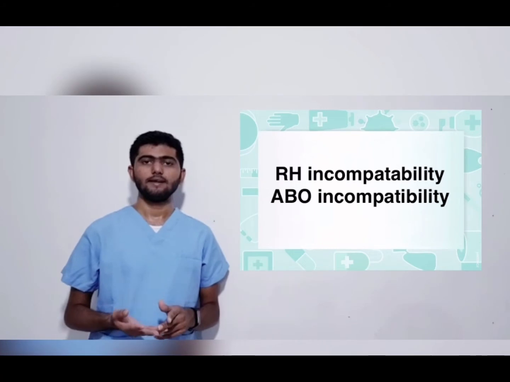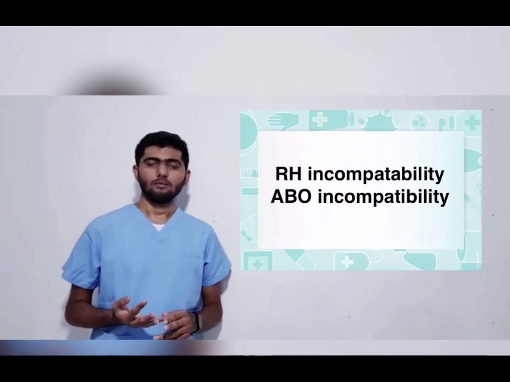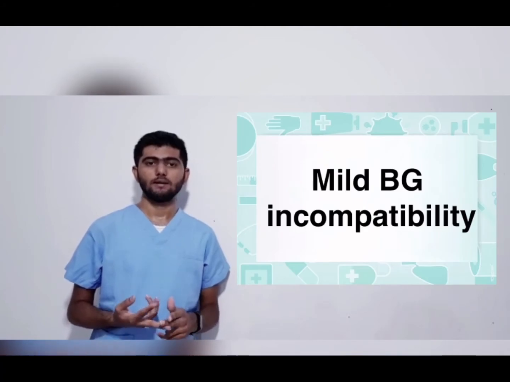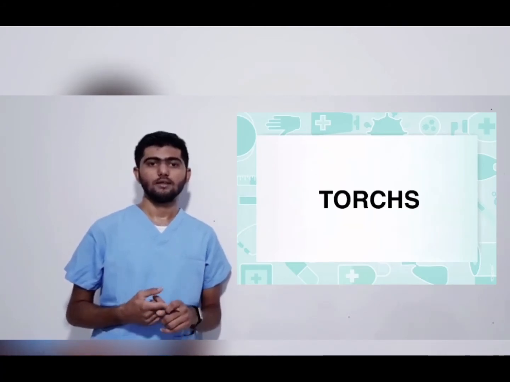If jaundice occurs in a neonate within 24 hours of birth, then it is pathologic jaundice. Examples are as shown in the slide: Rh factor incompatibility, ABO blood group incompatibility, minor blood group incompatibility, and TORCH,